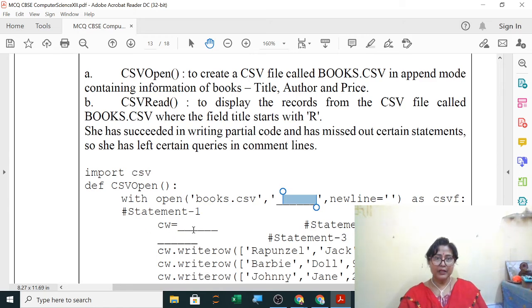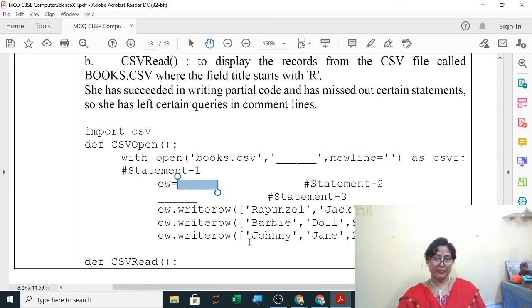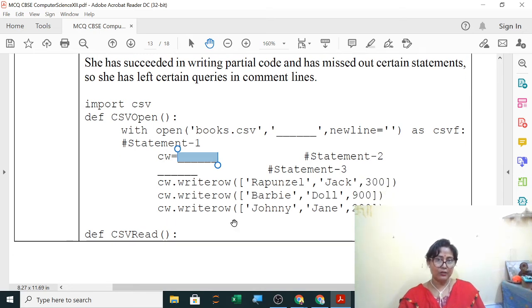Next will be statement 2, is doing open. This will be CW equals to, okay. What, anybody who can tell statement 2? Before writing, what we used to write? We used to use writer function. Before using write row, we were using writer function, no?